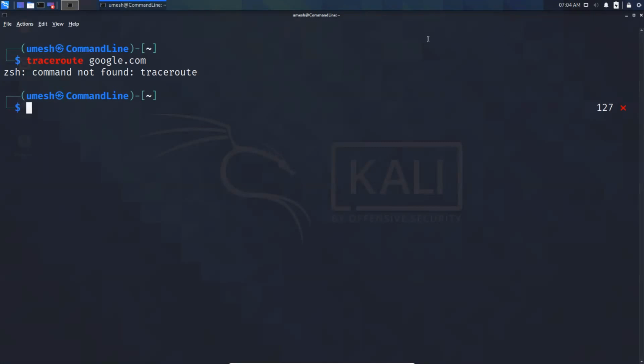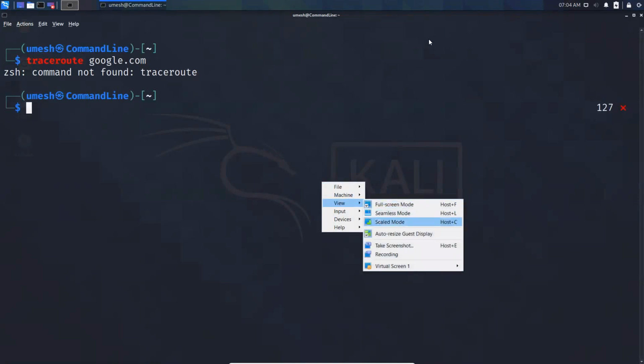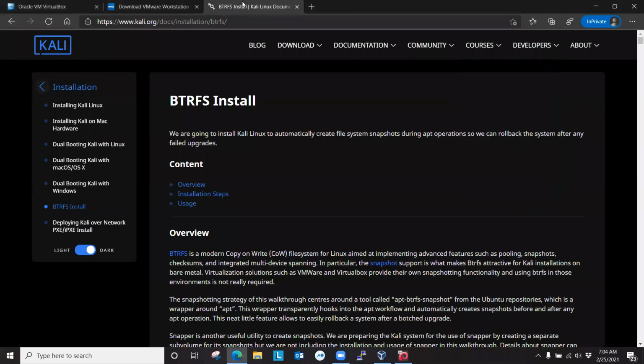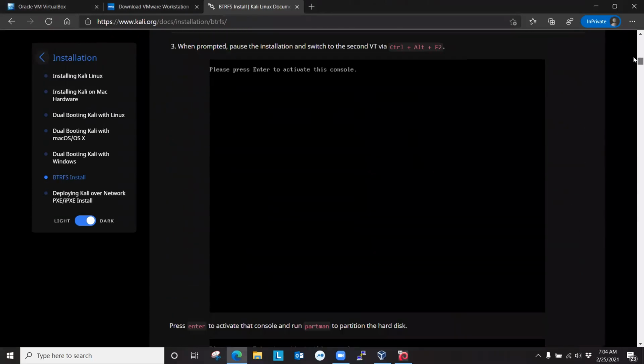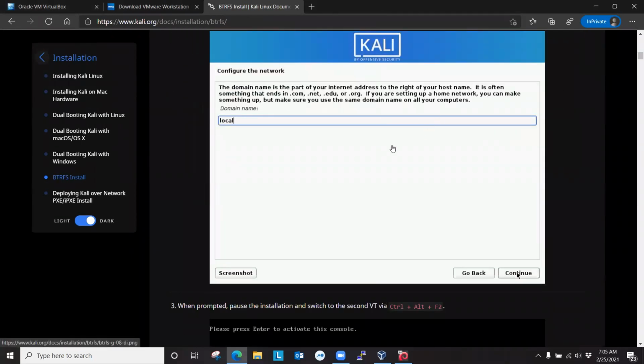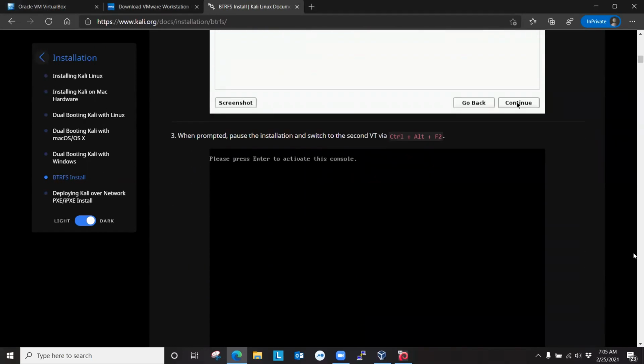The guideline that Kali provided on this website is very, very detailed. Everything is laid out very clear, detailed. The only thing you have to pause and be careful about is here where you enter the domain name. They don't want you to continue. They want you to go to the virtual terminal using Control-Alt-F2 and then proceed with the rest of the installation